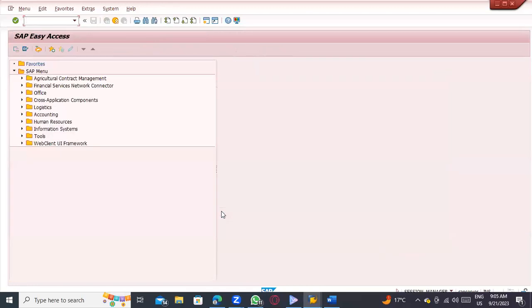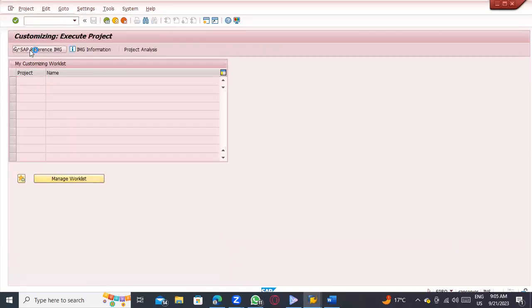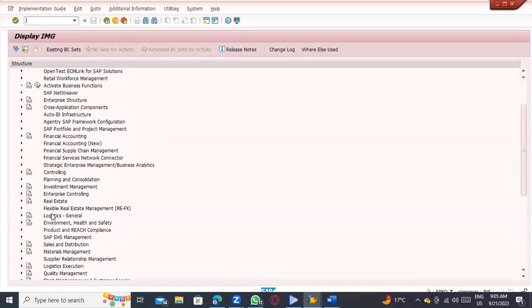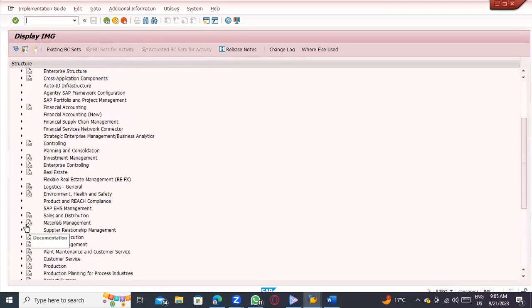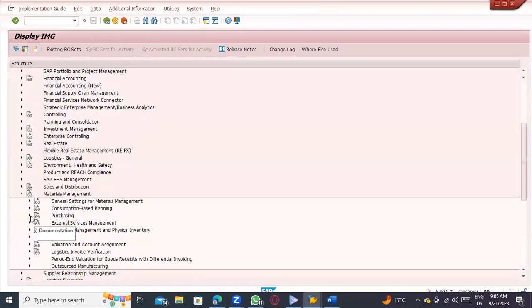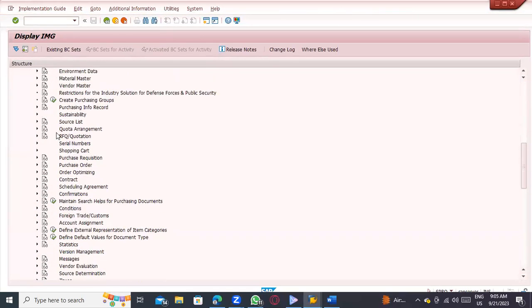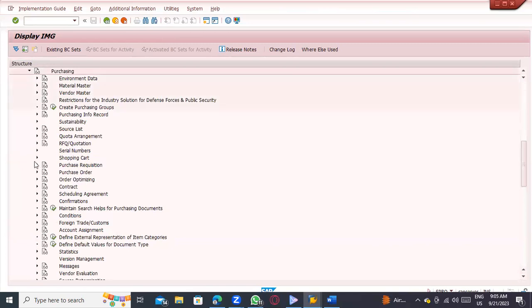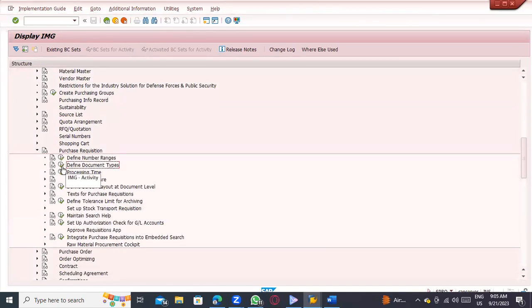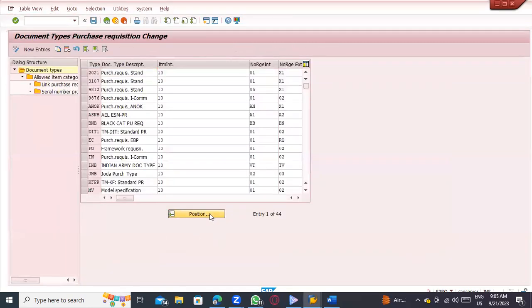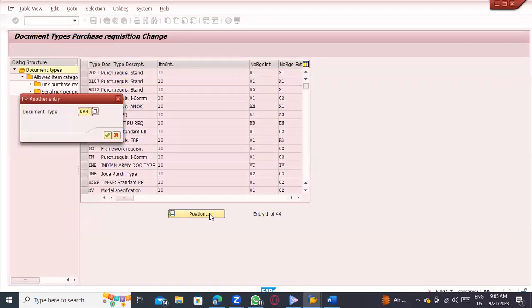Okay. So if you go to SPRO, SAP Reference IMG, then go to Material Management, then I will go to Purchasing, then I will be going to Purchase Requisition, then Document Type. First, I will go for document type. Okay. So at document type level, suppose I'm just thinking that for the NB document type,